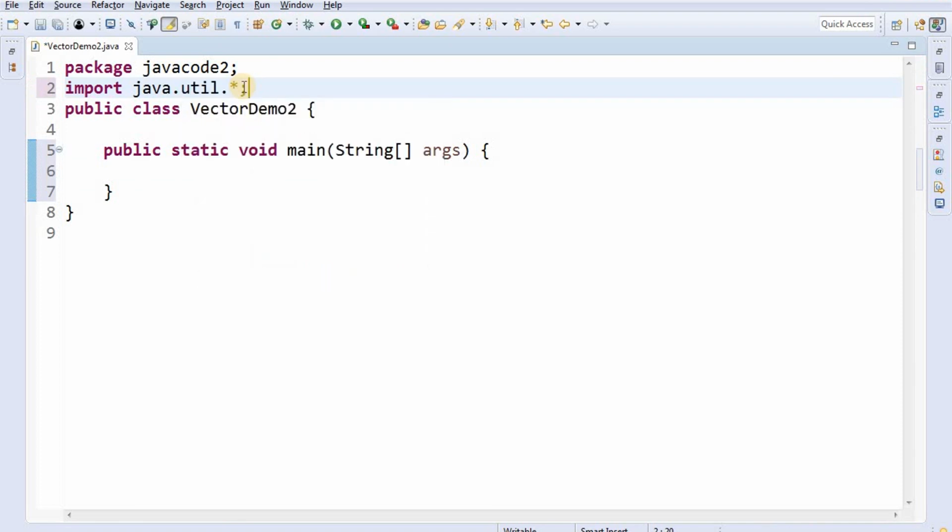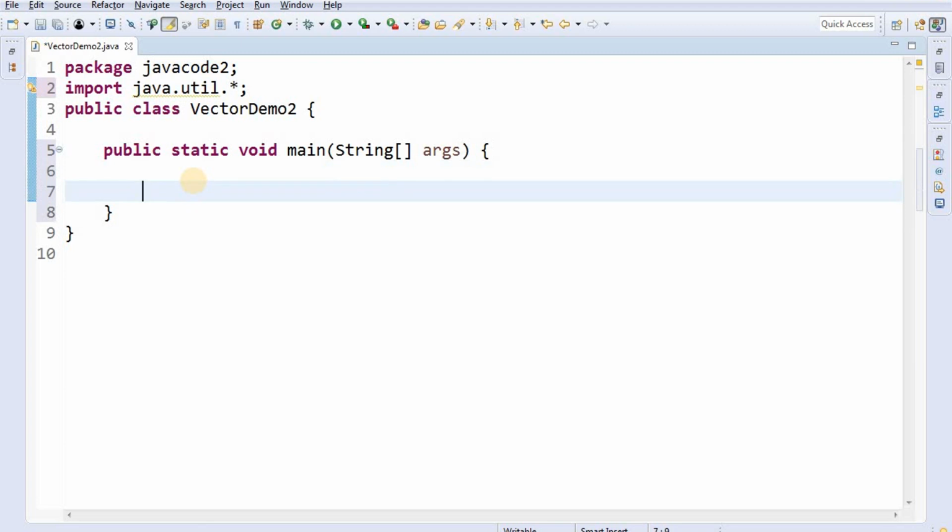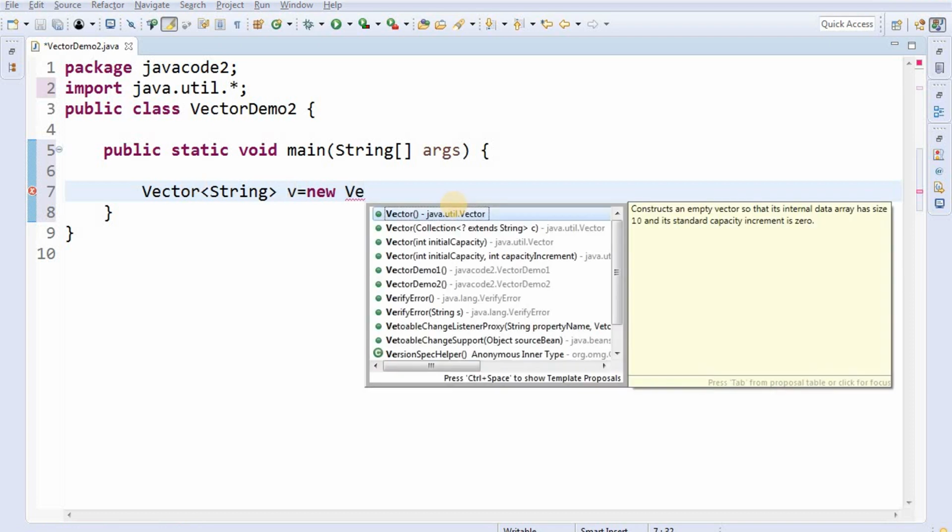java.util package. After that, I am creating the object for the Vector class. Vector is a generic type, so we have to specify the type of the object we are going to store. Now I am storing String objects, so use v equals new Vector.